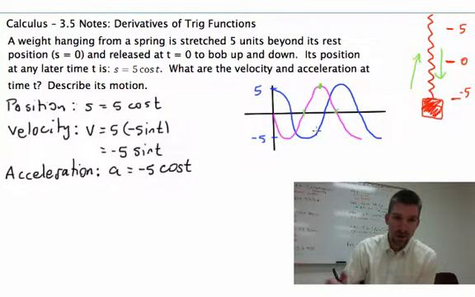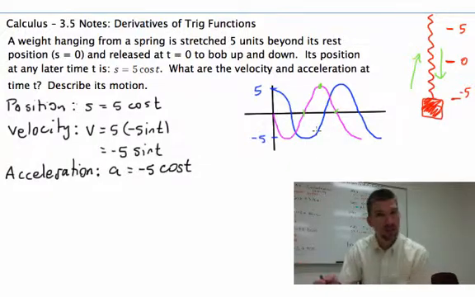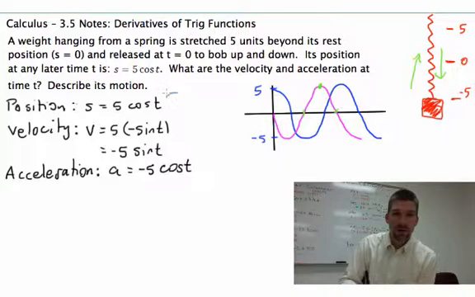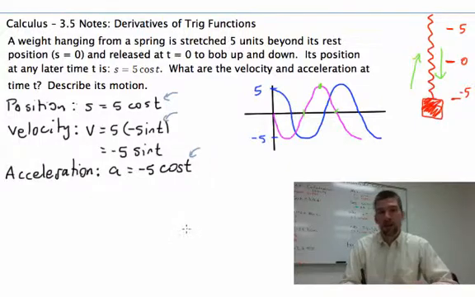And what's the biggest thing? The biggest thing is if I asked you what the position was or velocity or acceleration at a specific time, you could tell me that by substituting in whatever value we are interested in right here for t. And then we would know what our position, velocity, or speed,